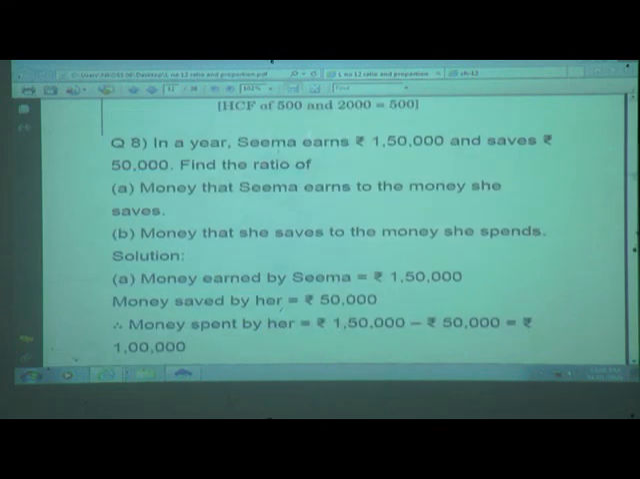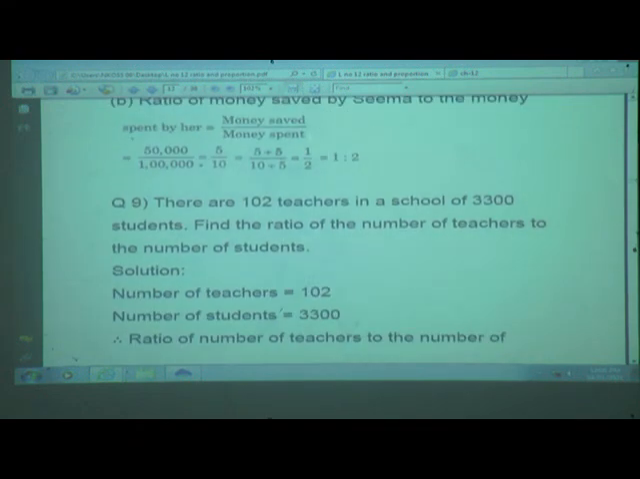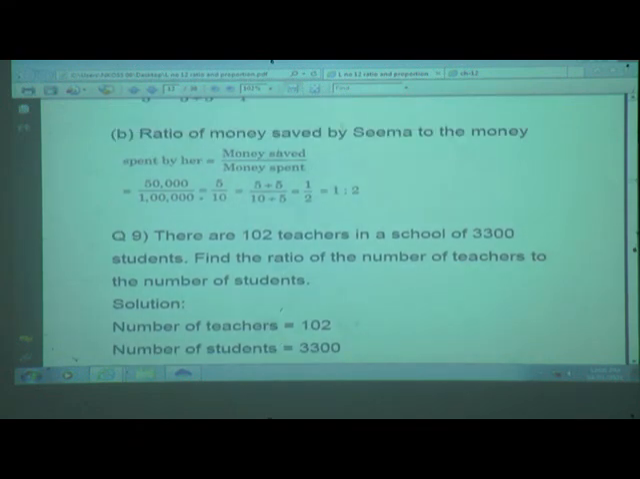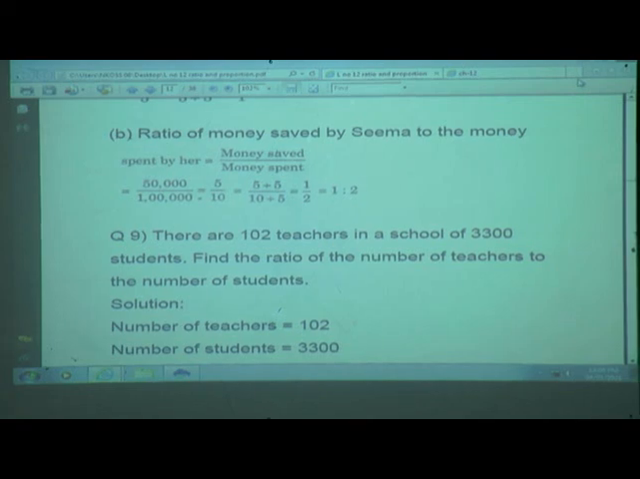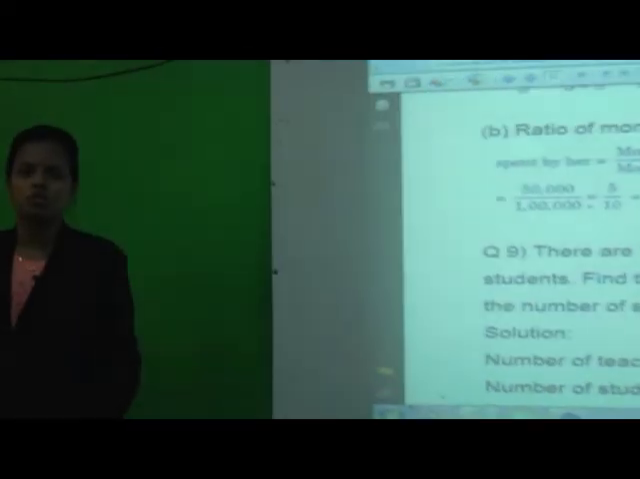Now we need to find here the ratio of money saved by Seema to the money spent by her. So money saved is 50,000 and money spent is 1 lakh. Thus cutting 4 zeros, we get 5 upon 10. So 5 ones are 5 and 5 twos are 10. That is 1:2. So till now we have solved few examples from exercise 12.1 from the lesson ratio and